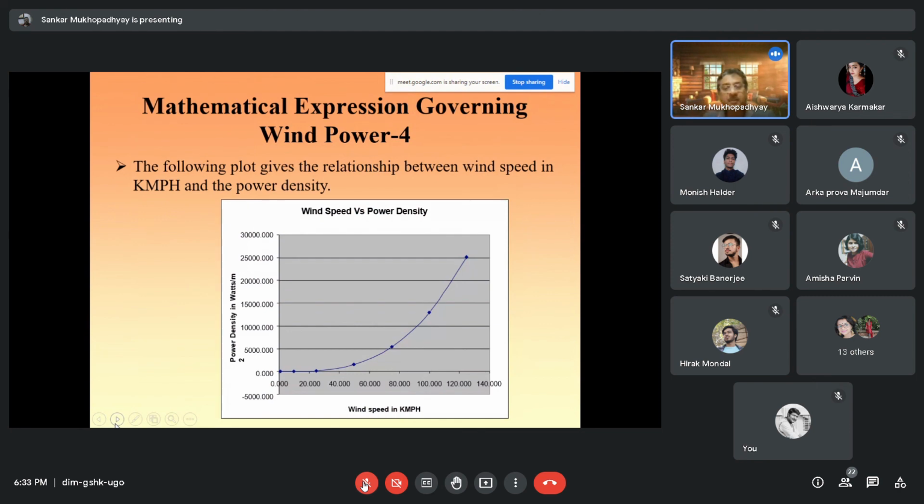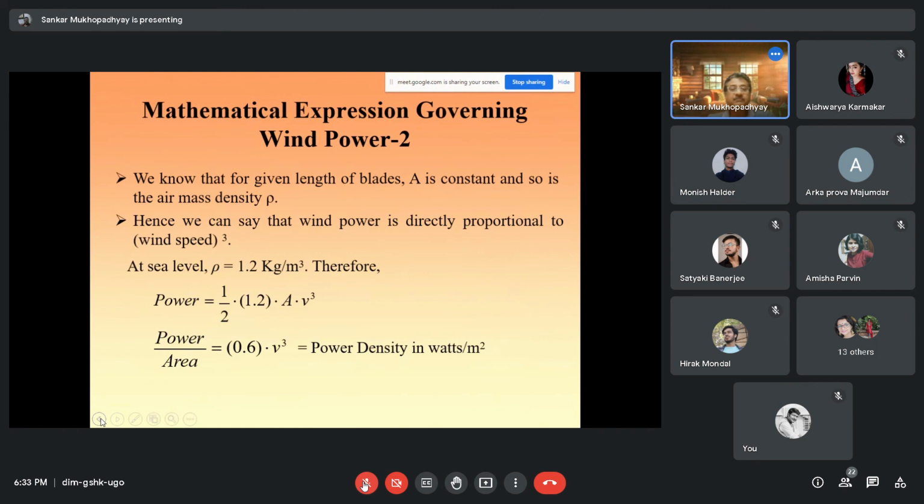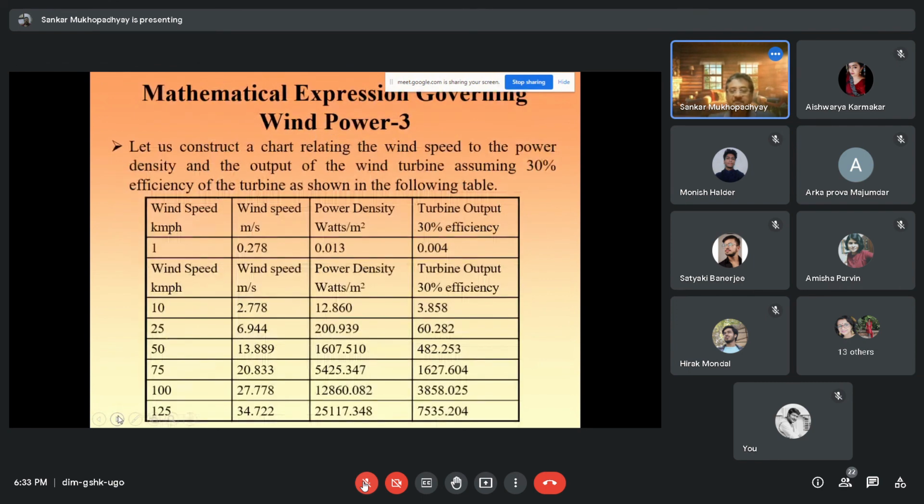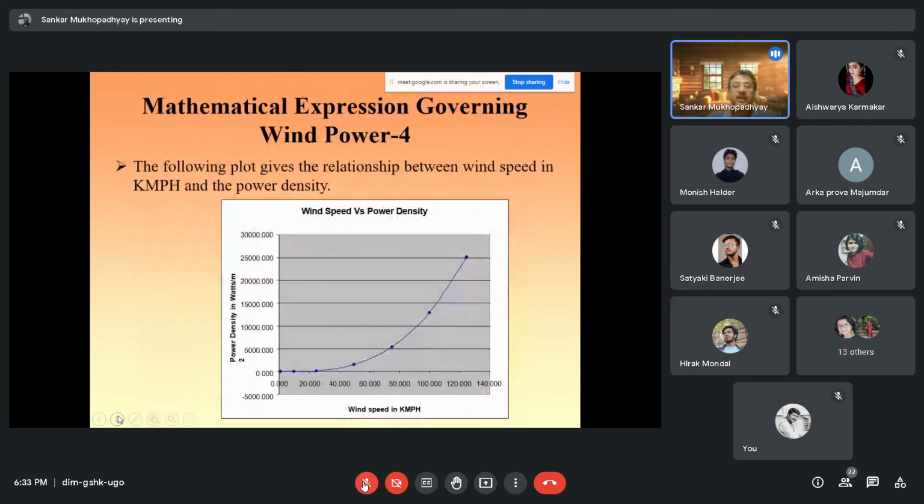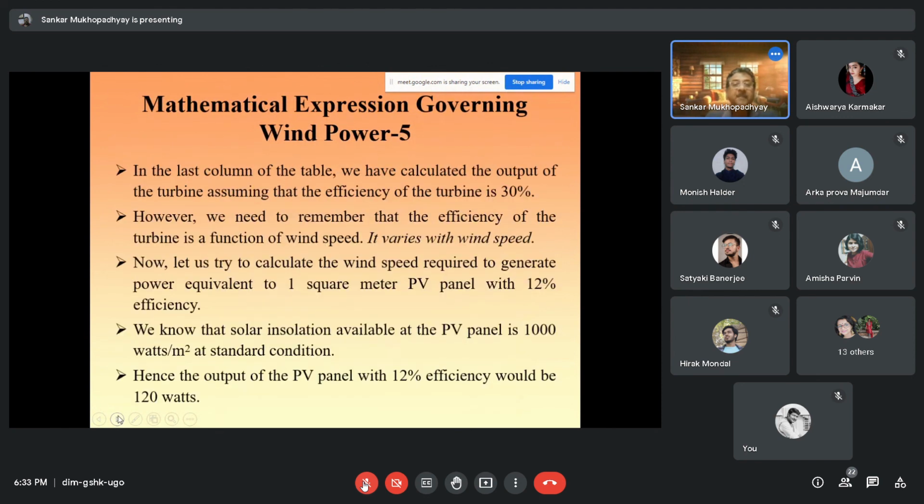Wind speed versus power density. Now what is power density? That definition can come. Power density প্রশ্ন কিন্তু আসতেই পারে। উইন্ড পাওয়ার ডেন্সিটি, এই গ্রাফটা একটু নজর রাখবে, ইট ইজ ইম্পর্টেন্ট। ম্যাথমেটিক্যাল এক্সপ্রেশন গভর্নিং উইন্ড পাওয়ার।